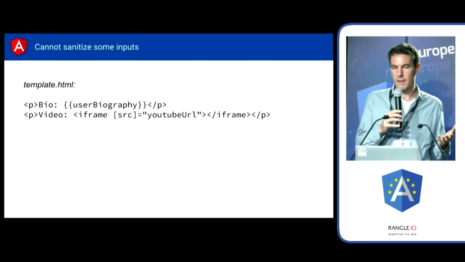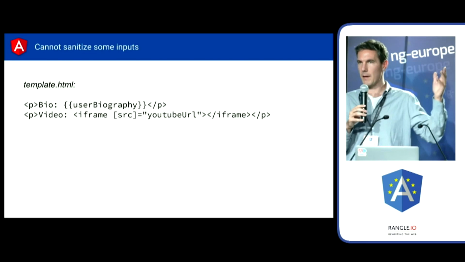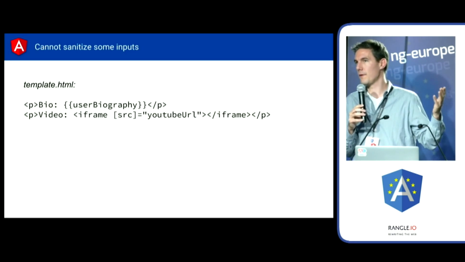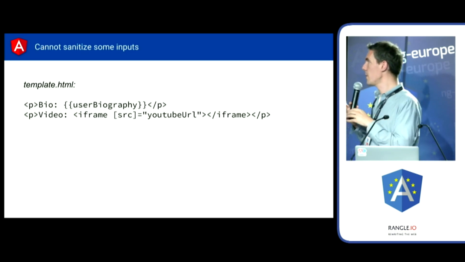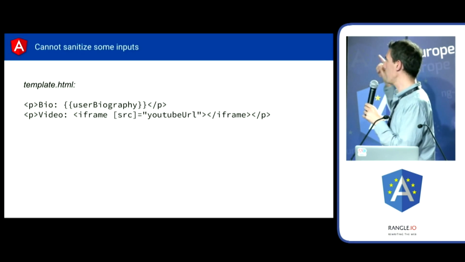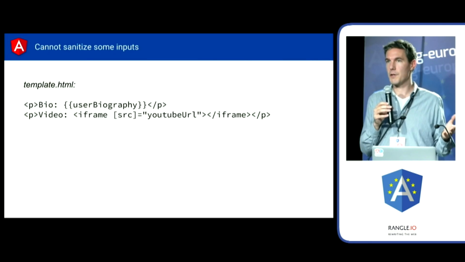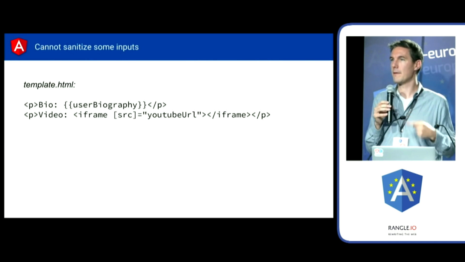So if we look at this, for example, we might have a biography as before, but then the users might also have a YouTube video that introduces them or something like that. And so in Angular 2, we would say iframe bracket source equals YouTube URL. This is cool, but Angular 2 will actually tell you, hey, what you're doing here is unsafe, because an iframe